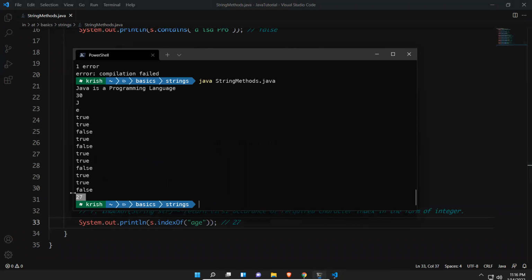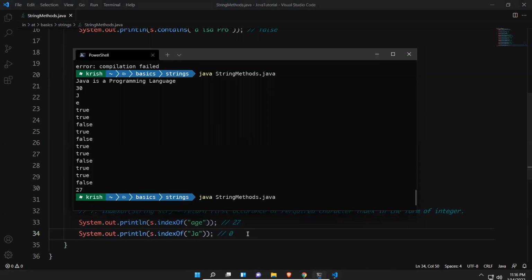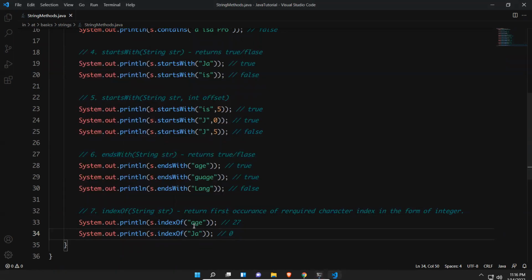You see that 27. In the same way, if you take the starting point, it might be Java or J. If you simply give Java, it will print index 0, and the first occurrence of this is AGE. But if you take not AGE, only A, in Java, a programming language, JA, the second character means index 1. It gives the first occurrence only.